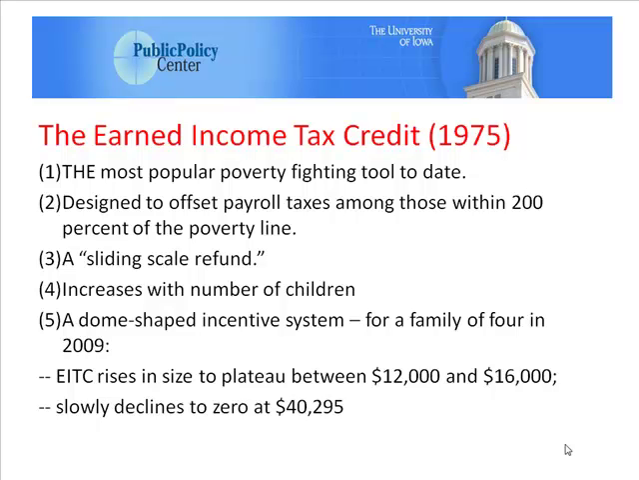So, 1975 sees the creation of the Earned Income Tax Credit, which is probably the most popular poverty-fighting tool to date. There's not a God-fearing politician on United States soil that will say a bad thing about the Earned Income Tax Credit, at least in public. Initially designed to offset payroll taxes, it basically works as a sliding scale refund,